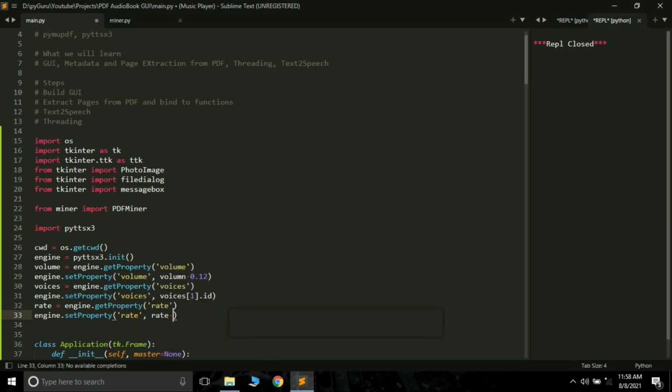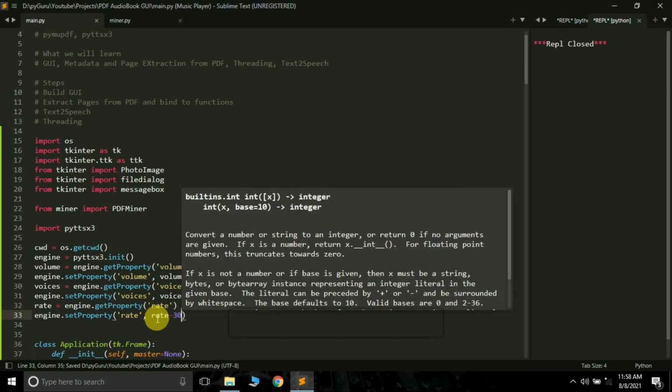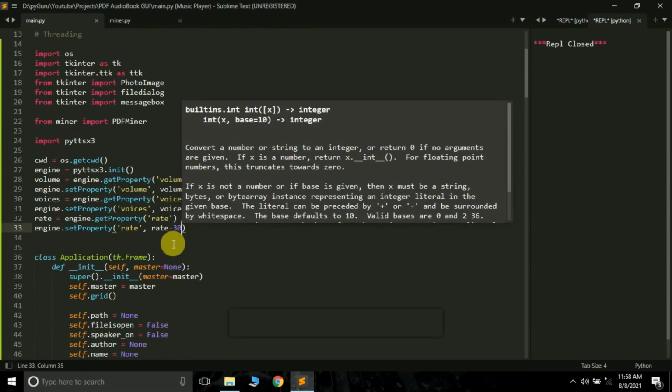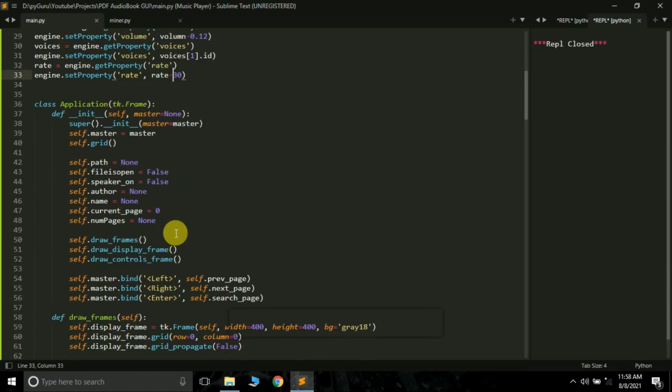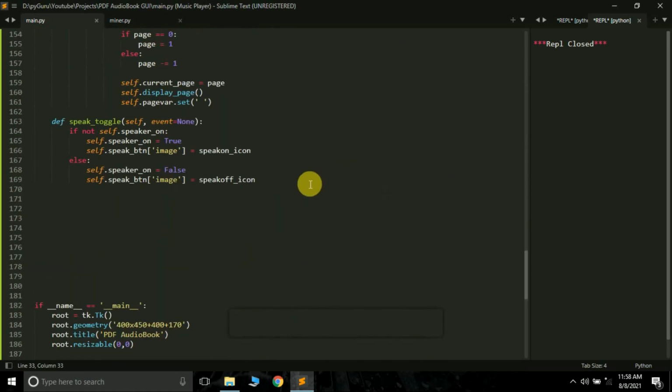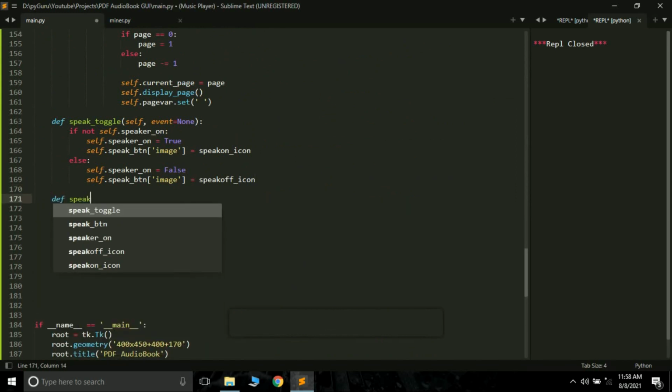Okay, so now the speaker will speak slowly, with fewer words per minute. If you want your speaker to speak faster, you can add something here instead. Okay, so everything is done now, and now we should be able to make the speaker speak. Okay, so def speak.